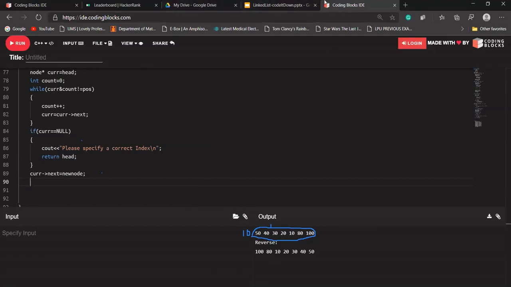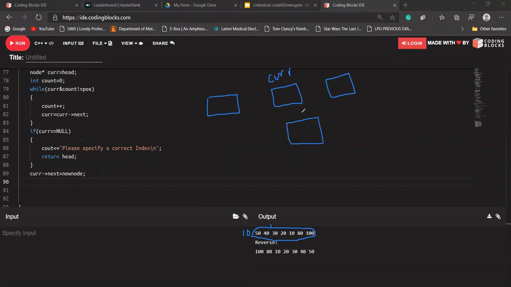Suppose the current is pointing to this node, and I want to add something after this.